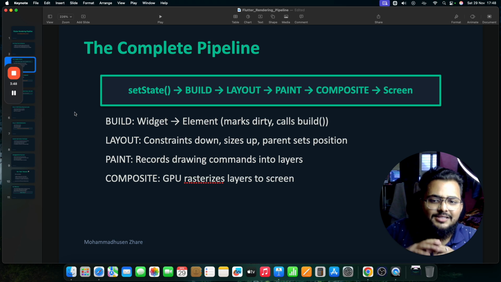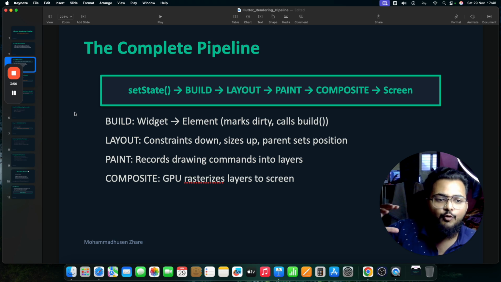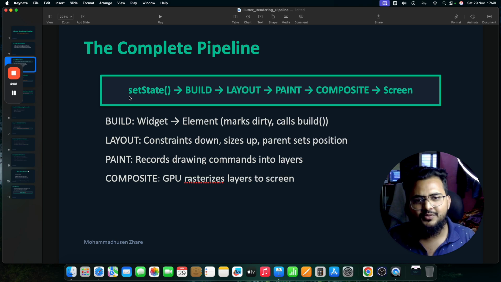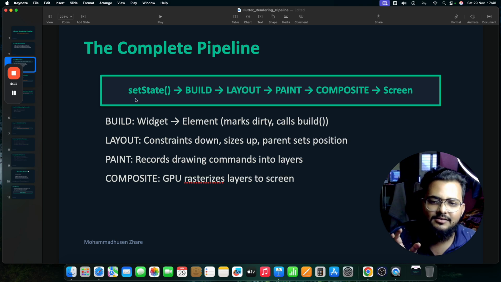So let's go one by one. First of all, what is the complete pipeline, how things work one by one. I've just written setState over here because beginners, and generally even experienced developers, use setState for small things like updating a number. So somewhere we use setState in an application, so I just mentioned setState.